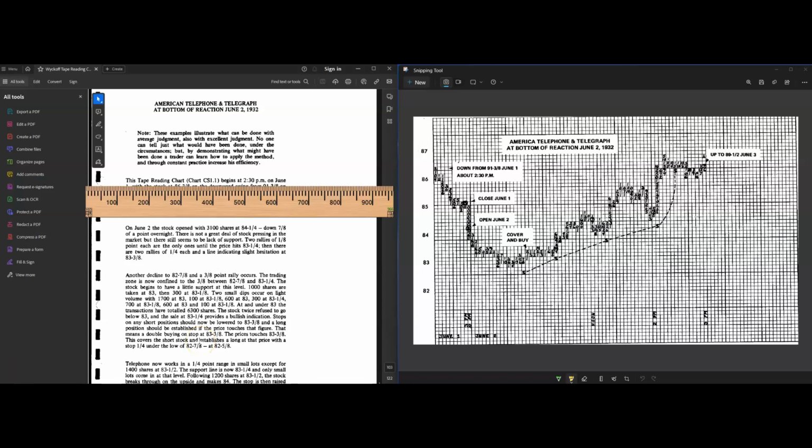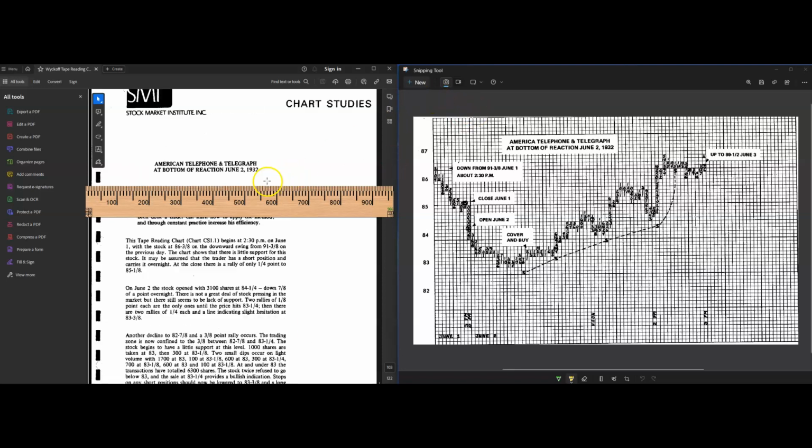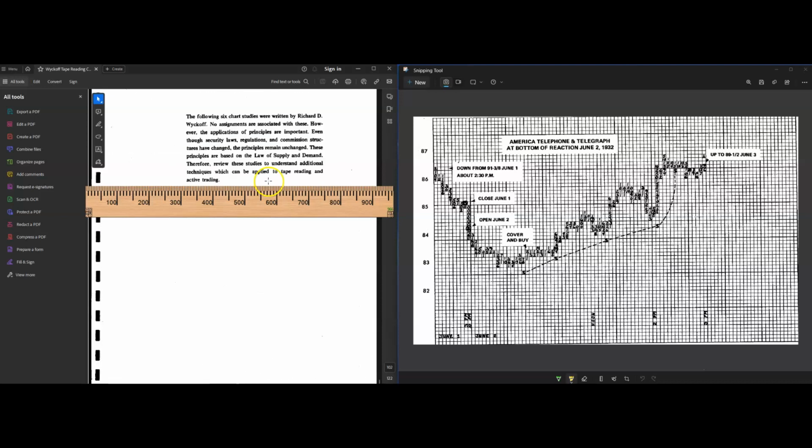All right, everyone. I'm going to start a series where I go over the tape reading chart. These were charts that Wyckoff did. Let me see what he said. All right, the following six chart studies were written by Wyckoff, and